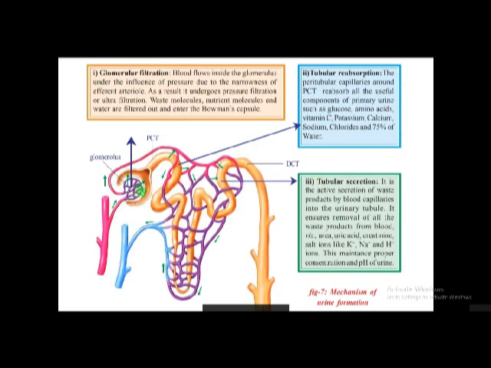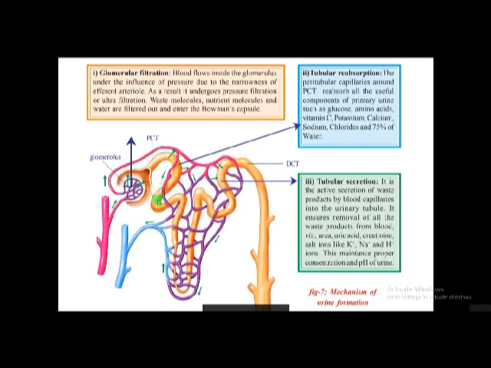Glomerular filtration. Here it is Bowman's cup and this is glomerulus, and this total setup is called Malpighian body. Here first blood comes through the afferent arteriole, and in the glomerulus filtration takes place. That means separation of waste products and water from the blood takes place here, and the separated urine comes into this Bowman's cup. This is called glomerular filtration. And next, that primary urine comes into the proximal convoluted tubule or first convoluted tubule.